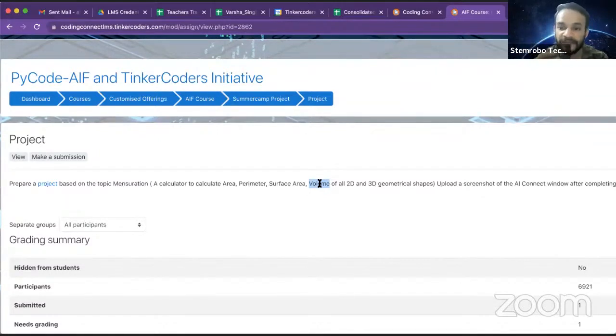Now, after you have entered the choice, let's suppose you entered that you want to find out the volume. Now the program will ask you which shape's volume you want to find out, right? Now, let's suppose you have entered a sphere. Now, when you have entered the sphere, the next question should be to enter the radius of the sphere. The radius will be entered, and at last the program will give you the output, that is the volume of the sphere. The program will do all these things.